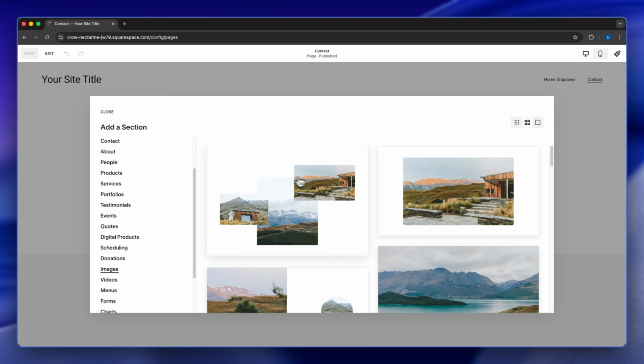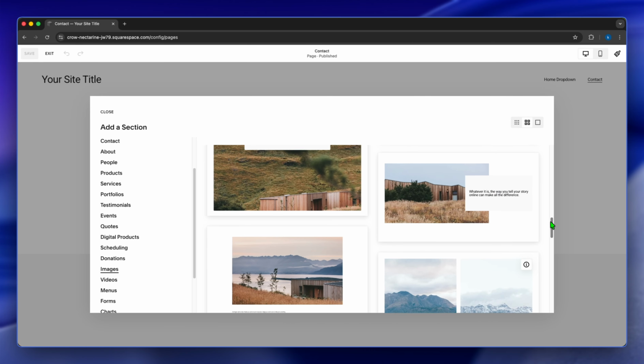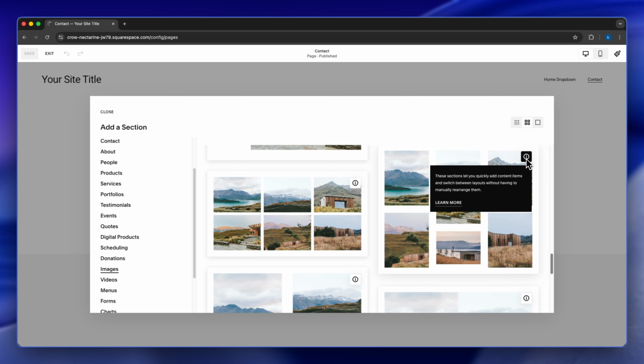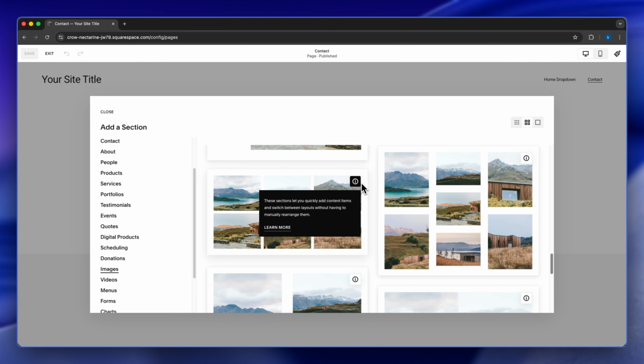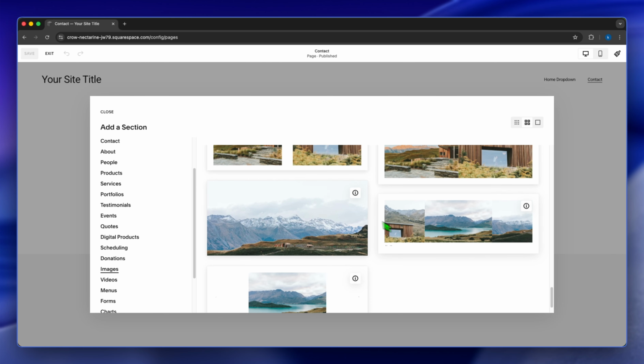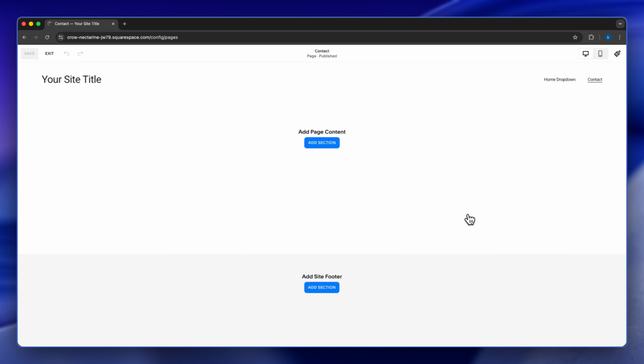And this is where it gets tricky. Now you see this layout. We're not going to choose this layout. We're going to choose only layouts with galleries. And how do you find layouts with galleries? This is how you find them. Layouts that have this icon at the top. This is what we're going to choose. Now you can choose any of these layouts with this icon at the top. Once we click on it,